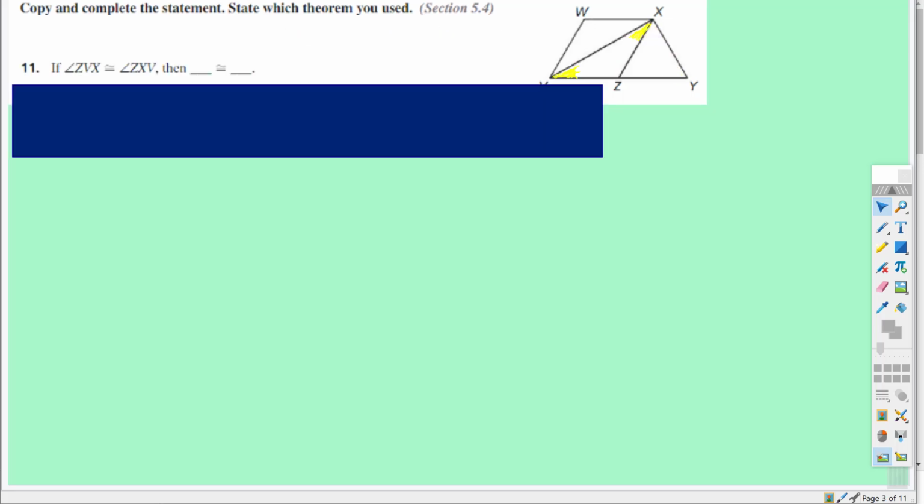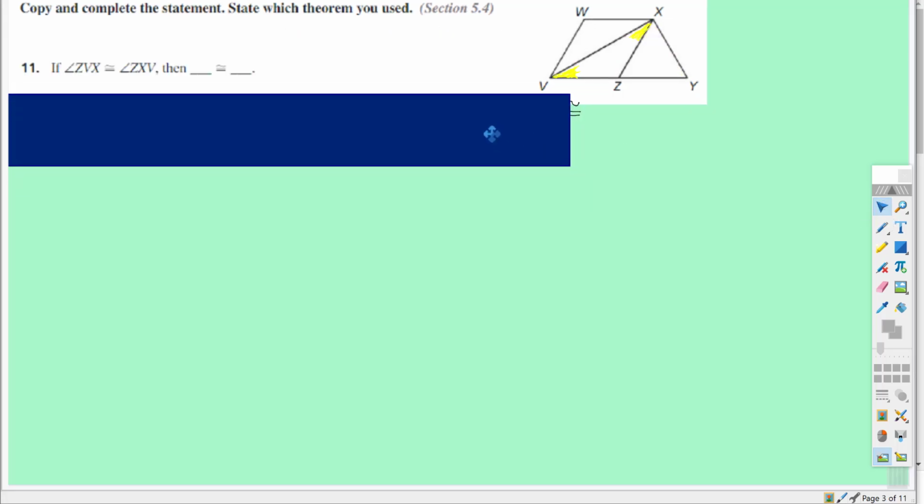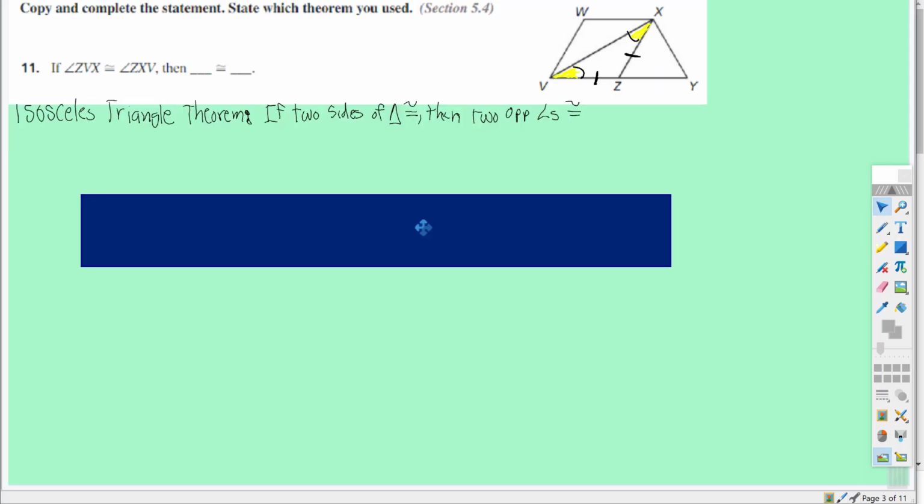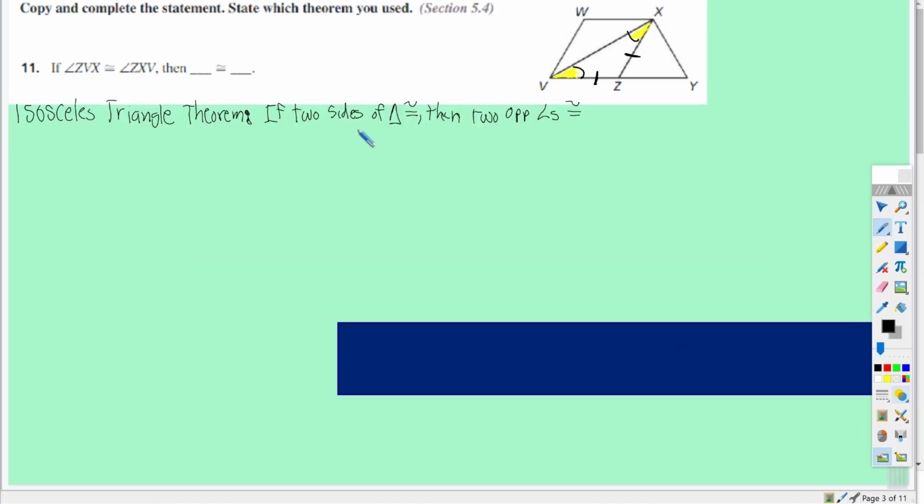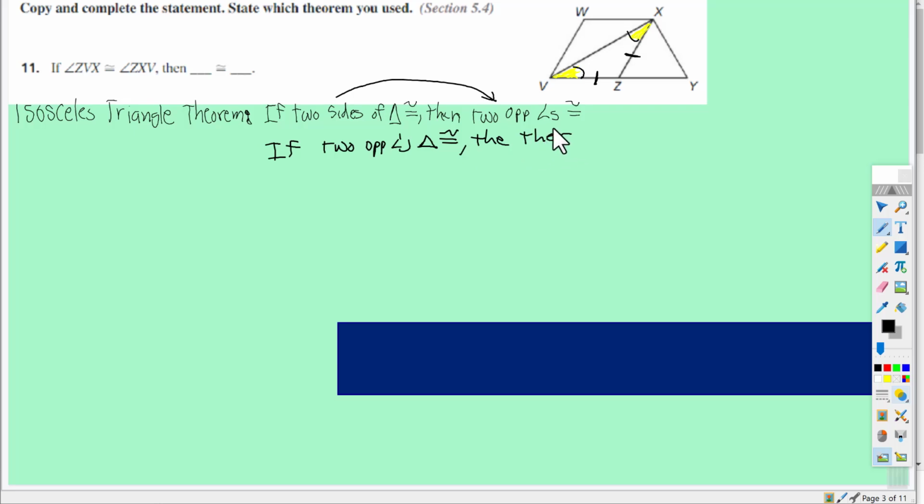So now it's the reverse. Look at what they give us. They give us that this angle and this angle are congruent. That means that this side and this side are congruent, because of the isosceles triangle theorem, but we're going to do it in reverse. We're going to reverse those two. So if two opposite angles of a triangle are congruent, then their two opposite sides,